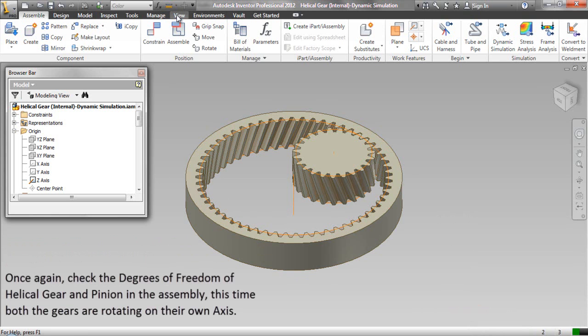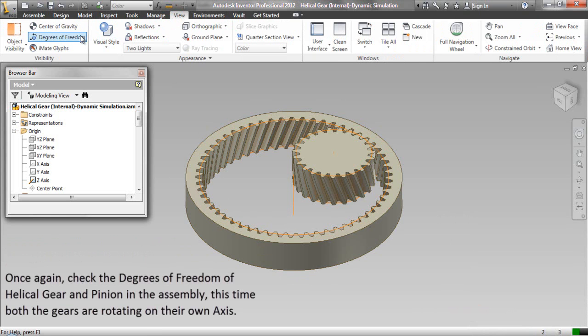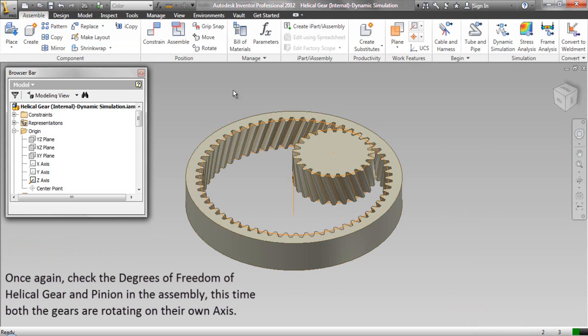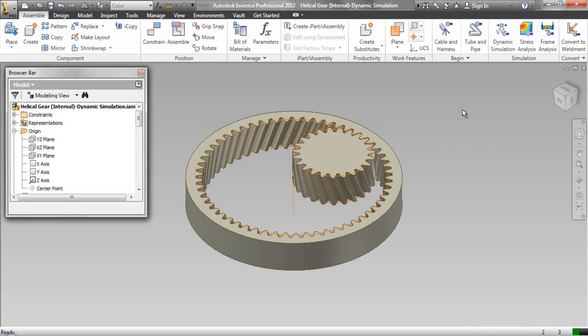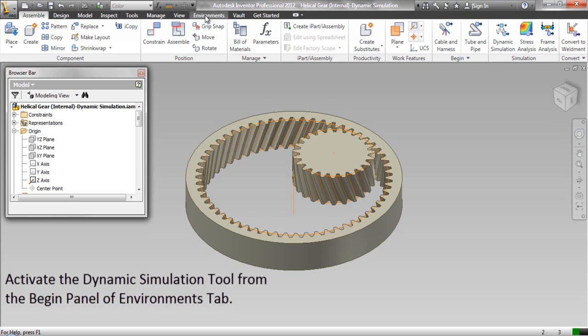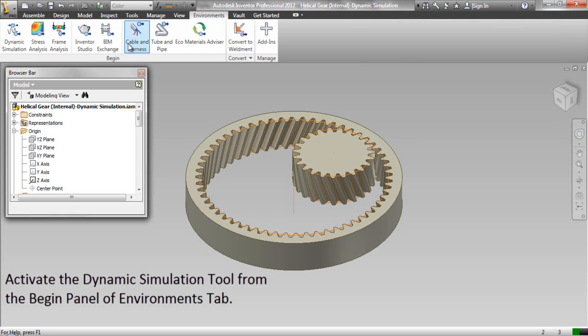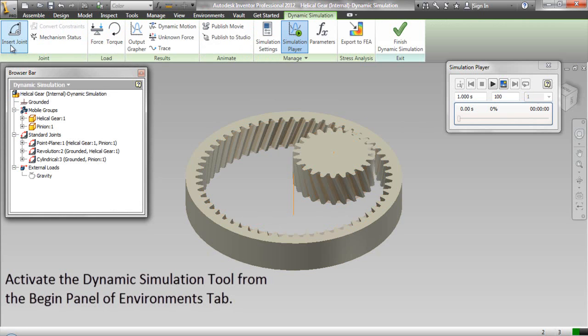Once again, check the degrees of freedom of helical gear and pinion in the assembly. This time, both the gears are rotating on their own axis. Activate the Dynamic Simulation tool from the Begin panel of Environments tab.